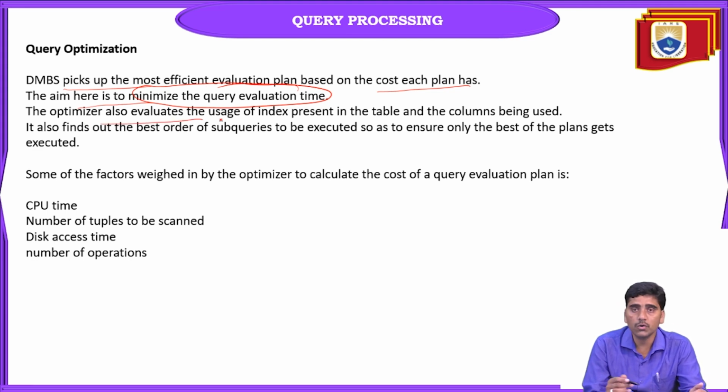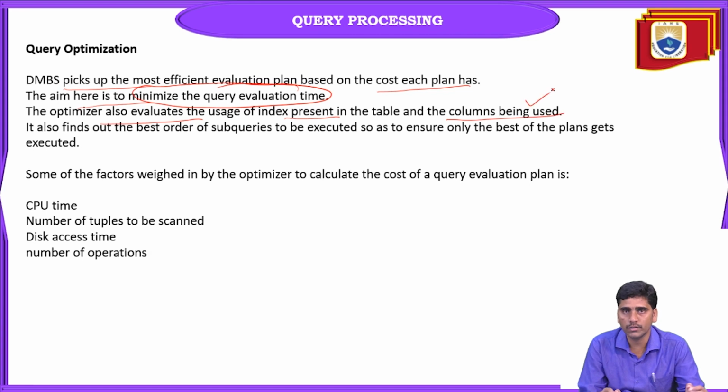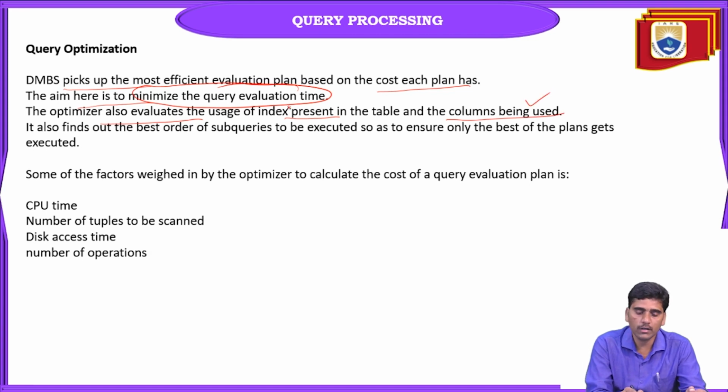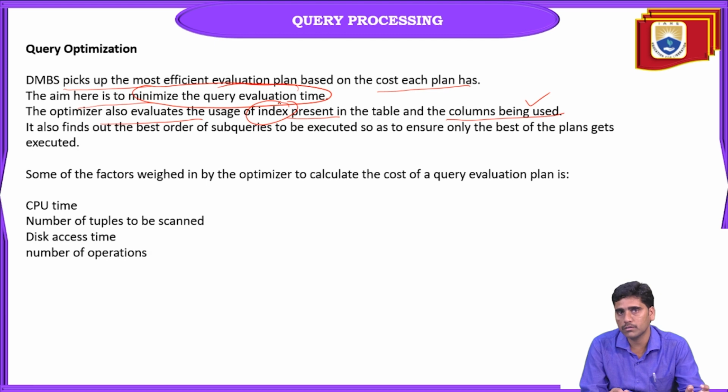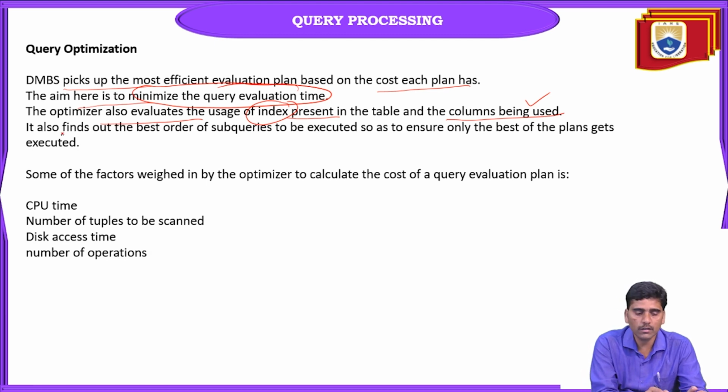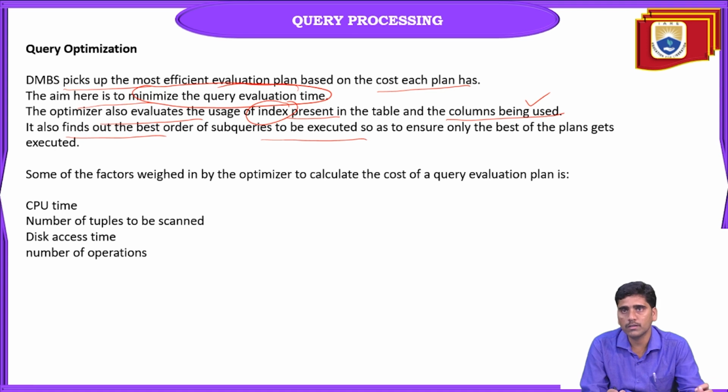The optimizer also evaluates the usage of indexes present in the table and the columns being used. Already we said that indexes are used to reduce the access time. It also finds the best order of subqueries to be executed so as to ensure only the best plans get executed. Some of the factors weighed in the optimizer to calculate the cost of a query evaluation plan are,